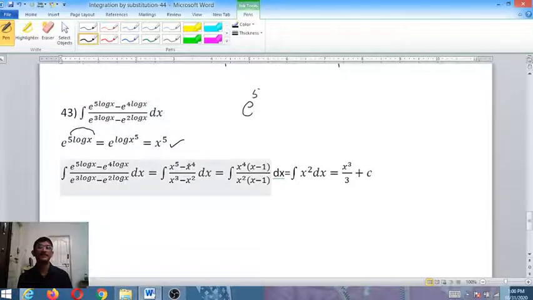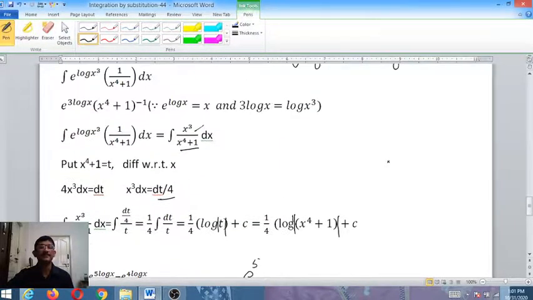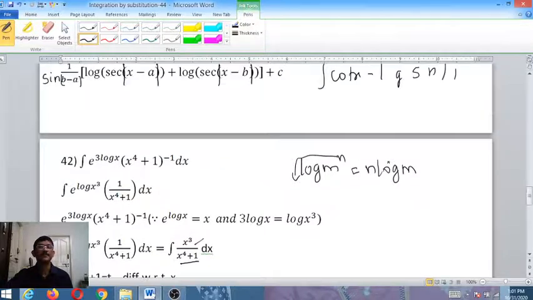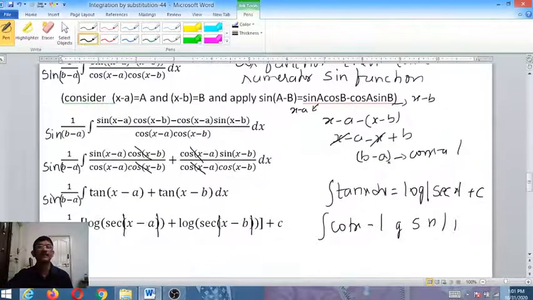Similarly, the second one is x power 4. This is x cube. This is x square. X power 5 minus x power 4, x power 4 is taken out. It is x minus 1. Here x square is taken out on x minus 1. X minus 1, x minus 1 cancel. X power 4 by x square is x square. What is the integral of x square? It is x cube by 3 plus c. So remember, there are certain problems which are important here. So this is a simple problem, and here you have to take care of this one.